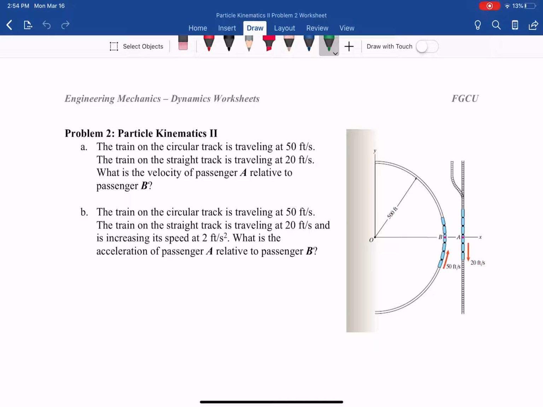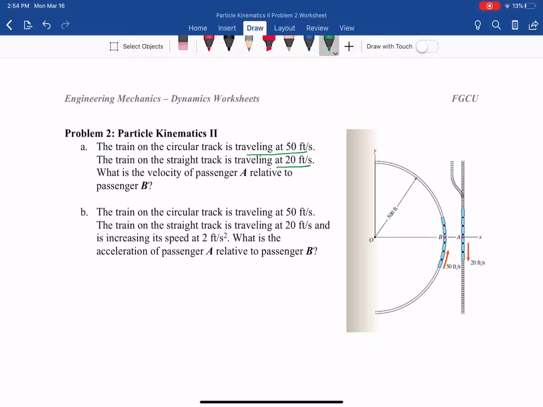So this is problem 2, practical kinematics 2, and the train on the circular track, as shown in the figure there, travels at 50 feet per second, and the train on the straight track is traveling 20 feet per second. So there are two